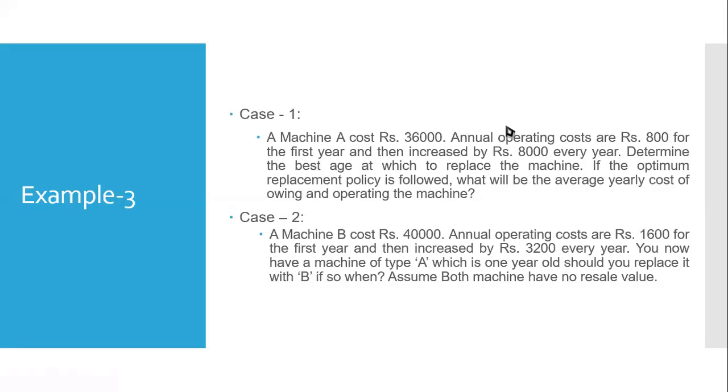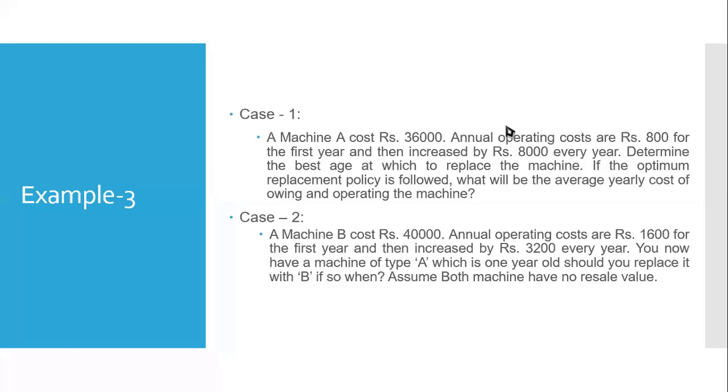No, you are getting me wrong. What I said is that for the first year, running or maintenance cost is 800 rupees. Okay, and in that running or maintenance cost, there is an increment of 8,000 rupees year by year. So for the first year, running cost is 800 rupees. For the second year, 800 plus 8,000, which is 8,800 rupees. For the third year, how much is it to be increased? 8,000. So it is 8,800 plus 8,000 more. So it is 16,800. Nice, Prashant, you are right. And Bhavi and Tulas, we have to correct a little bit.